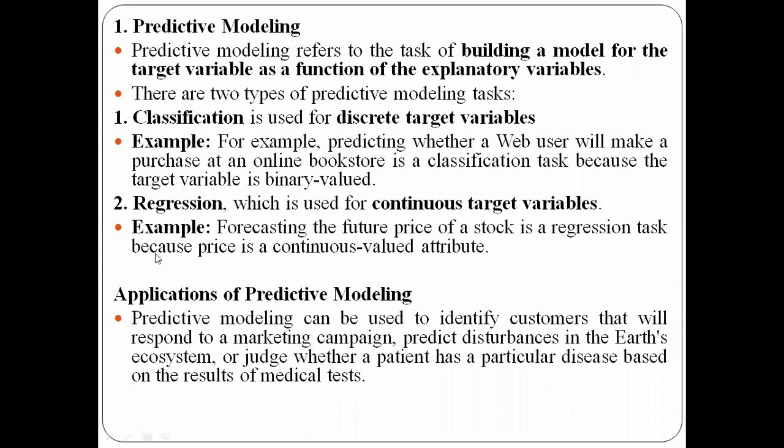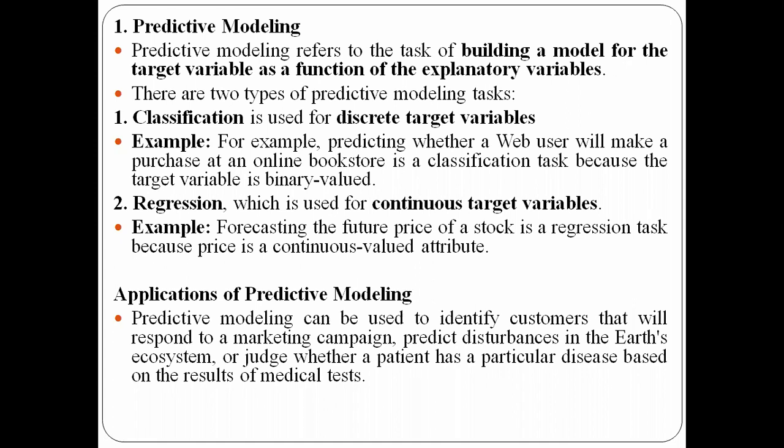One is classification and the second one is regression. Again in this predictive modeling, we have two different types of tasks here: classification and regression. Remember this one: classification is used for discrete target variables. Discrete target variables means, for example, 0, 1, 2, 3, or if you consider binary numbers, only zeros and ones. Such values come under the classification task. Suppose you're building a model to predict discrete target variables, then I need to use classification.